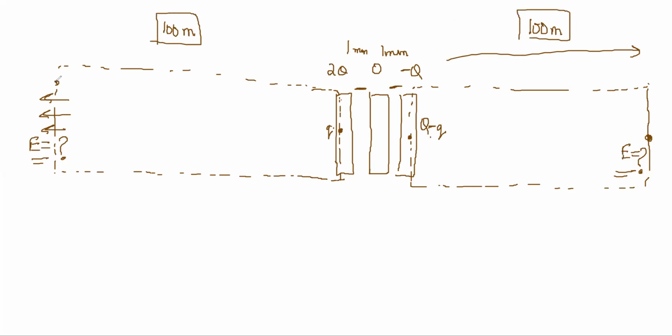What is the difference between here and here? No difference, sir. If you look from 1 kilometer away from both sides, it will look like some charge is there. It doesn't matter whether you look from here or from here. So here the field is E, and here also the field is E if you're looking from very far off, right? In any direction, from far off, it looks like the same